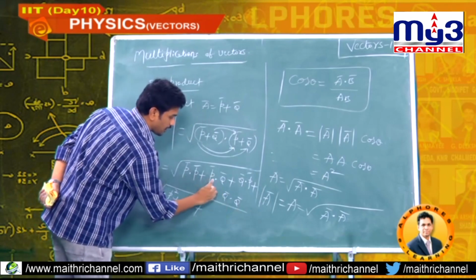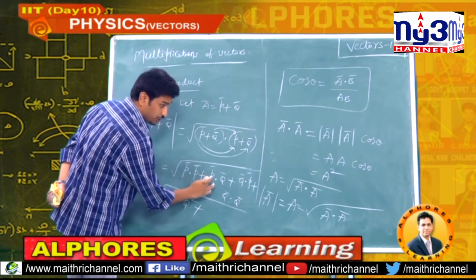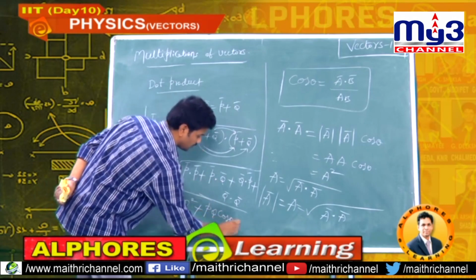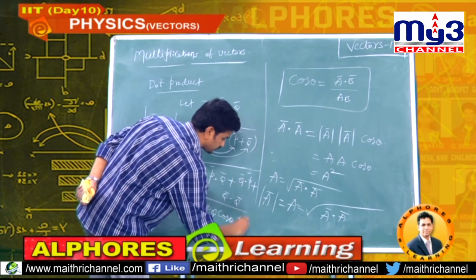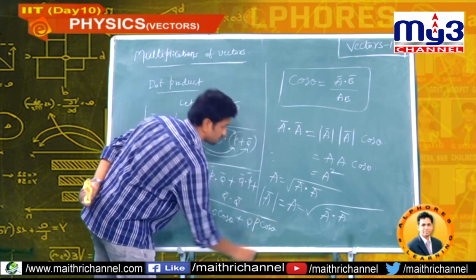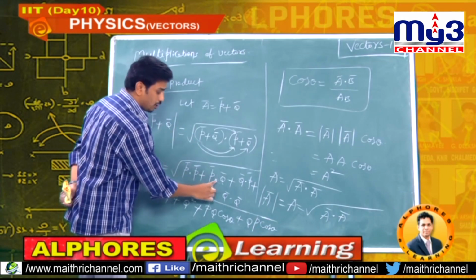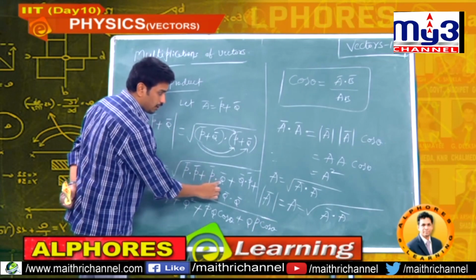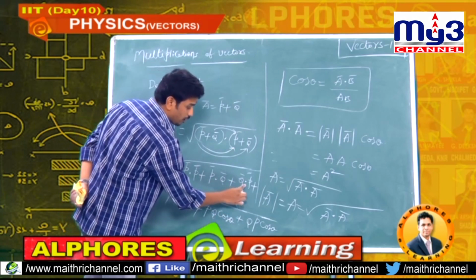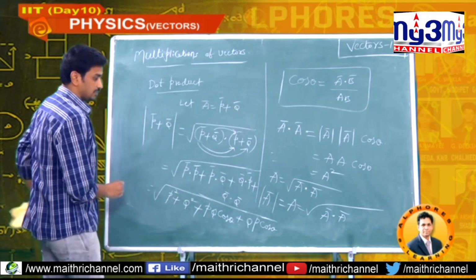Now, what is the value of P bar dot Q bar? By the definition of scalar product, PQ cos theta. What is Q bar dot P bar? QP cos theta. P bar dot Q bar is similar to A bar dot B bar, which is AB cos theta, so P bar dot Q bar is PQ cos theta, where theta is the angle between P and Q. Q bar dot P bar is QP cos theta. Now what is the answer here?